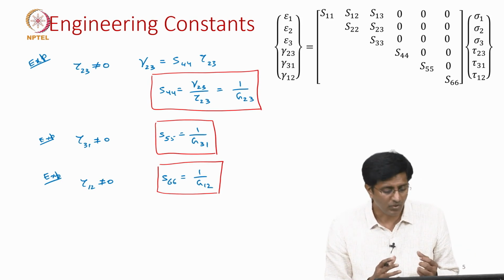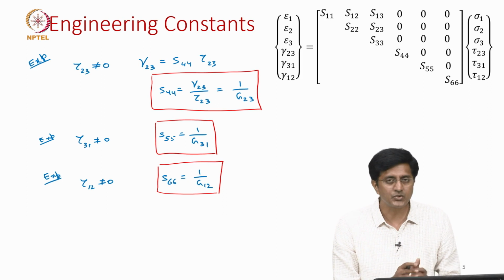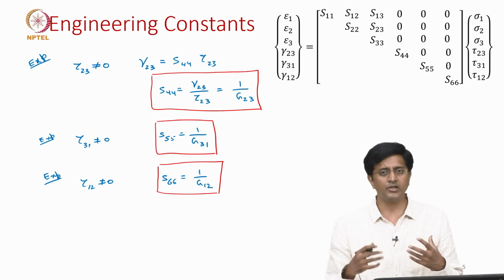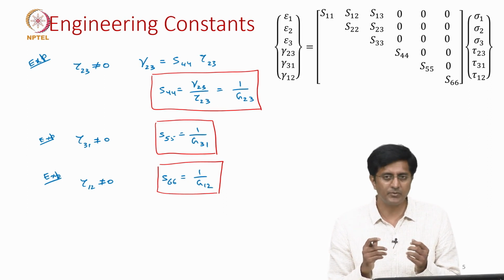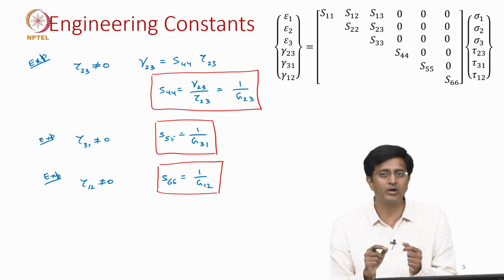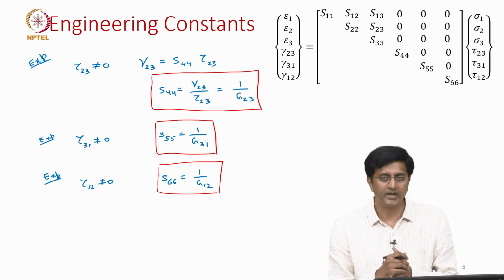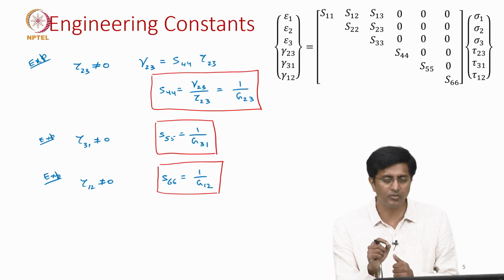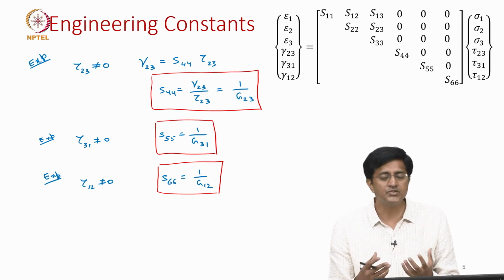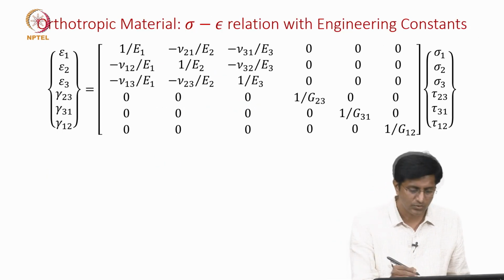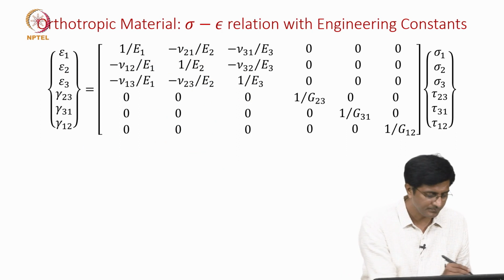So, what we have shown in the last two slides and in this slide is, we can think about several simple experiments where there is only one non-zero stress component, and then we are able to find at least one component of the compliance matrix in terms of the elastic constants. But since we are discussing an elastic material, we can apply superposition. So, when we apply superposition,